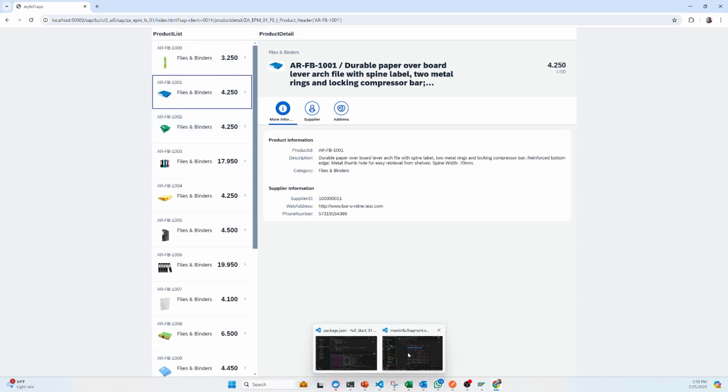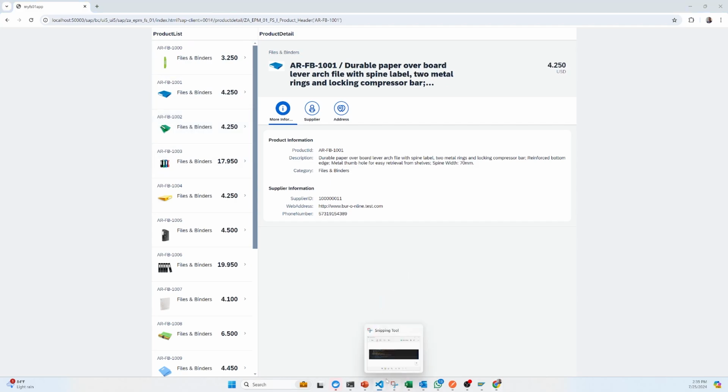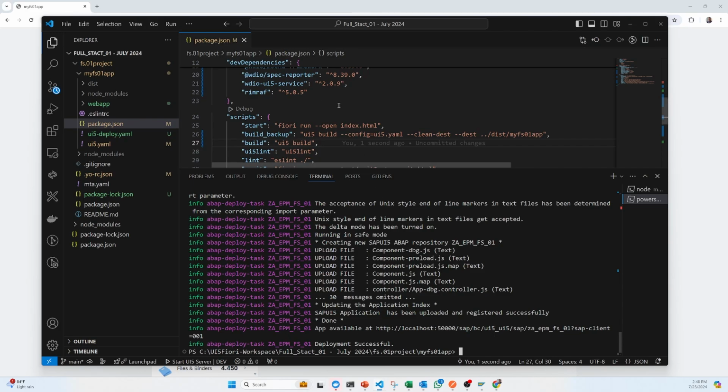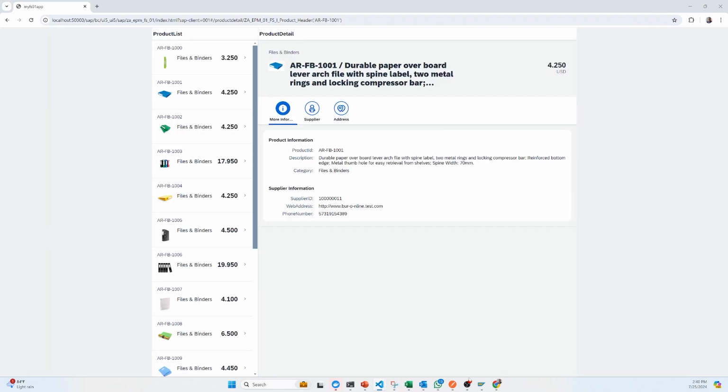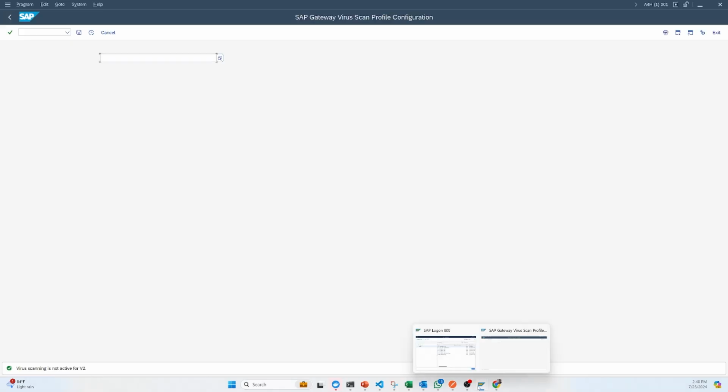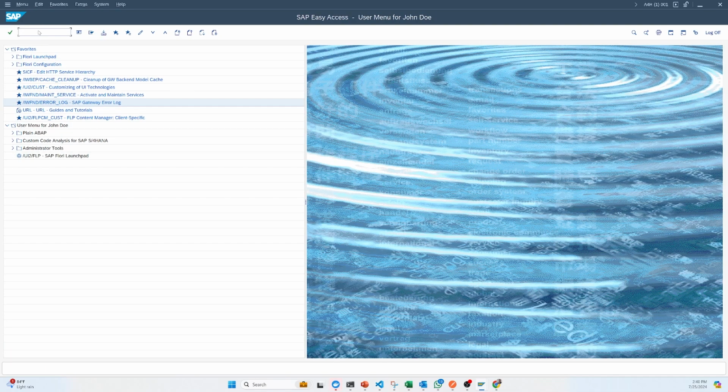It is now connected with our local Fiori applications, because everything is actually deployed in that system. So if I want to see where it has been deployed, so if we go to that